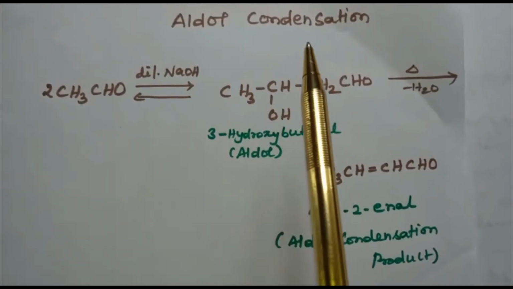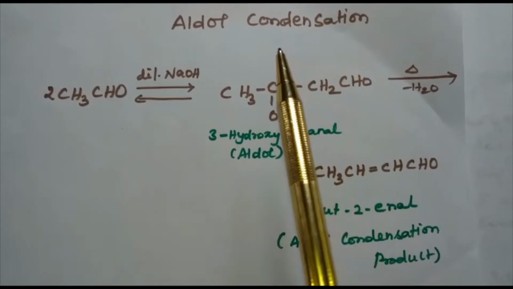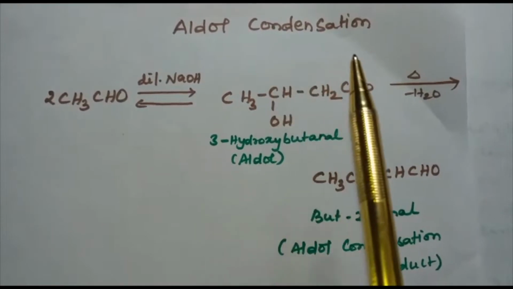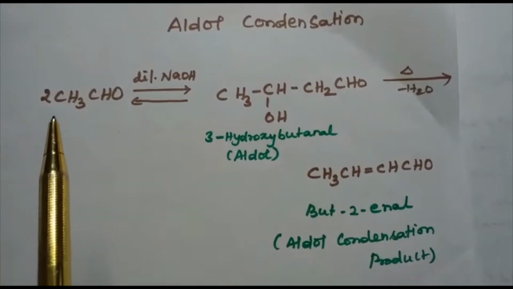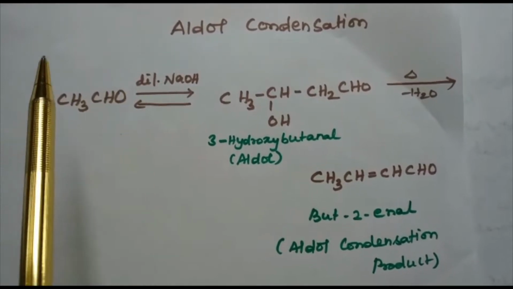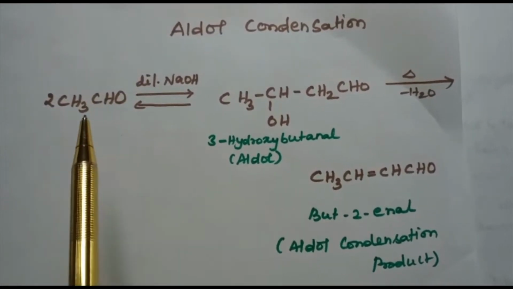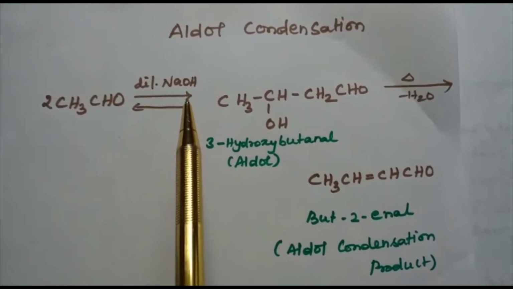In today's segment, I'll be discussing aldol condensation and cross-aldol condensation. Actually, aldol condensation is found to be a simple concept. Let us see what happens in this aldol condensation reaction. Aldol condensation involves condensation between two aldehyde molecules or two ketone molecules containing alpha hydrogen atom in presence of dilute alkali. During this reaction, what happens?